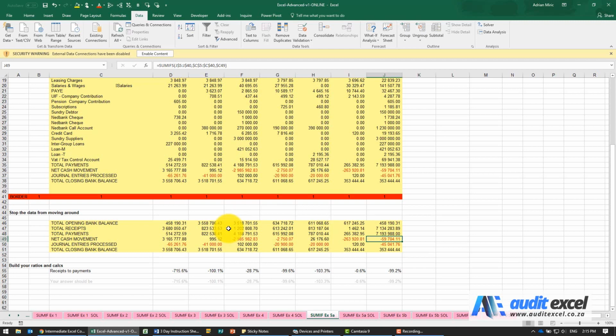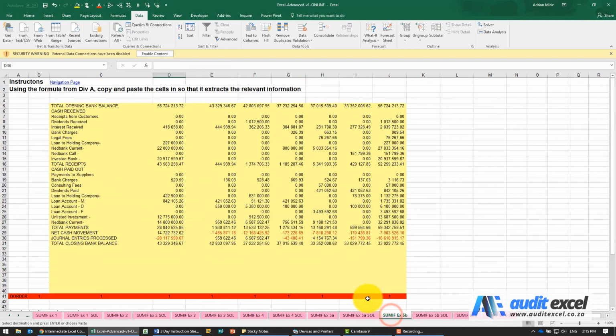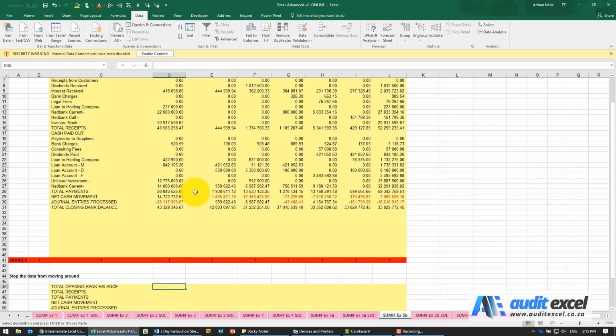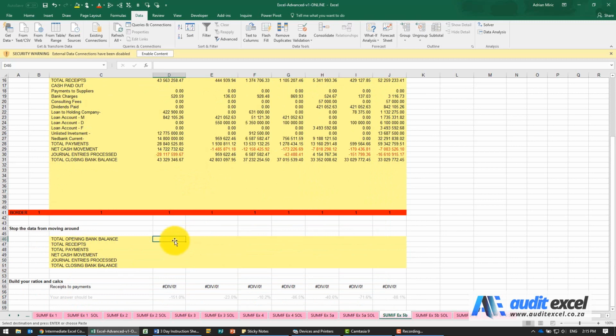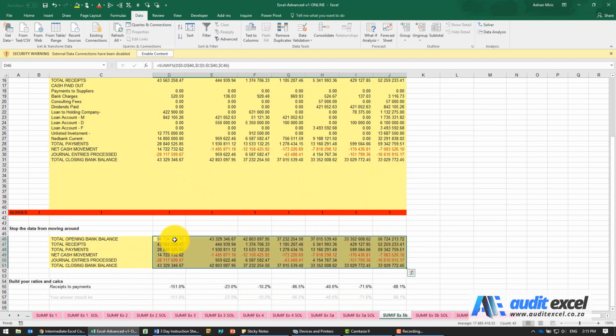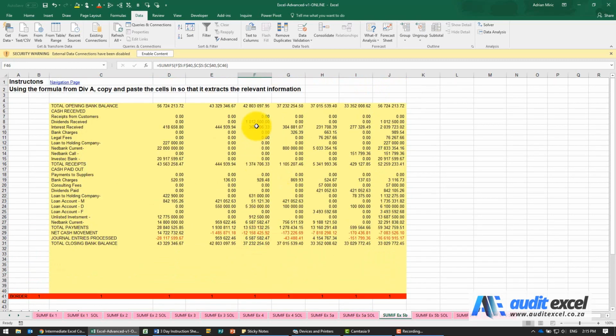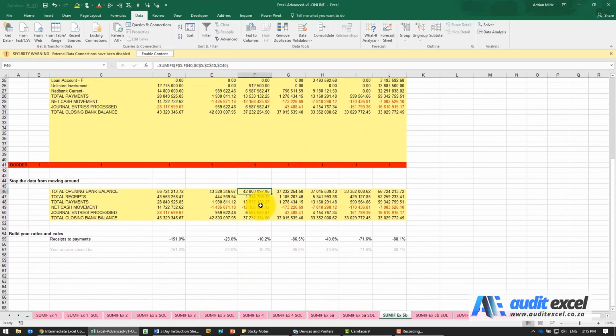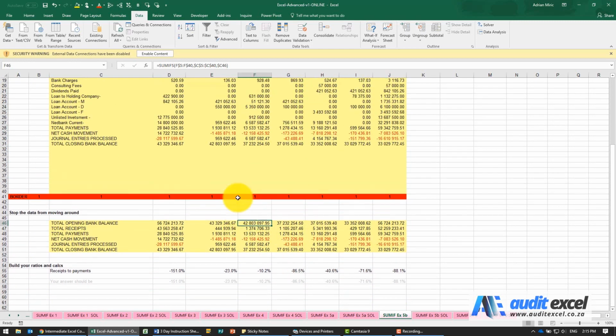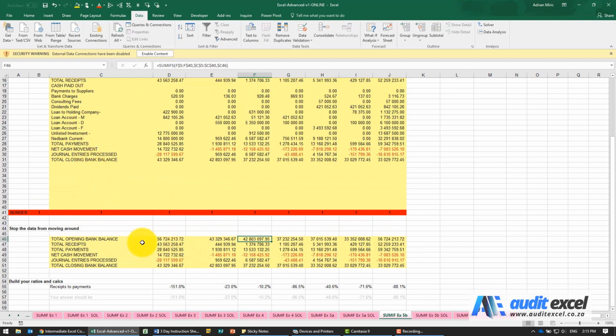The benefit of this though is I can now take these calculations, copy them, and if I go to 5b, which is set up exactly the same way, I should be able to just go here, click here, and paste it. And let's just do some checks. You can see that number's the same, opening bank balance, that number's the same, etc. So what it means is that each month, instead of you spending half your day matching individually, let the SUMIFS do it for you, find the number, bring it through.